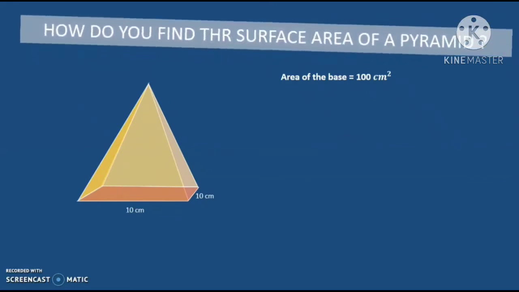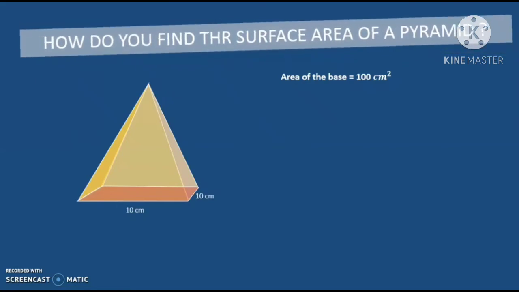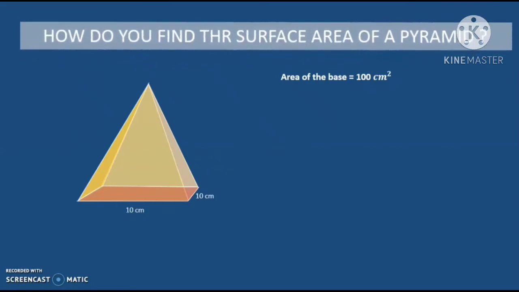Fortunately, the height of each triangle is given to us as 15 cm. Notice how we are dealing with the height of a triangle and not the height of the pyramid itself. Why? Well, we are trying to find the area of a triangle, which is based on the height of the triangle itself. The area of a triangle is base times height divided by 2.